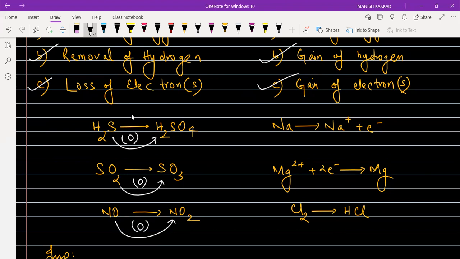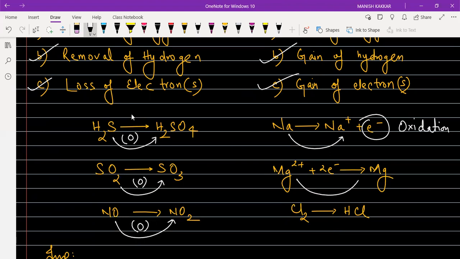Sodium getting converted to sodium ion, there is loss of electron that is taking place. तभी ये possible होगा कि सोडियम या कोई भी मेटल आयन में कन्वर्ट हो। ठीक है। So in this case, what we will be saying, it is involving the loss of electron. And what is the loss of electron? It is oxidation. So when metals are getting converted to their respective ions form, positive ions, basic radicals form में, तो उसे हम oxidation बोलते हैं।